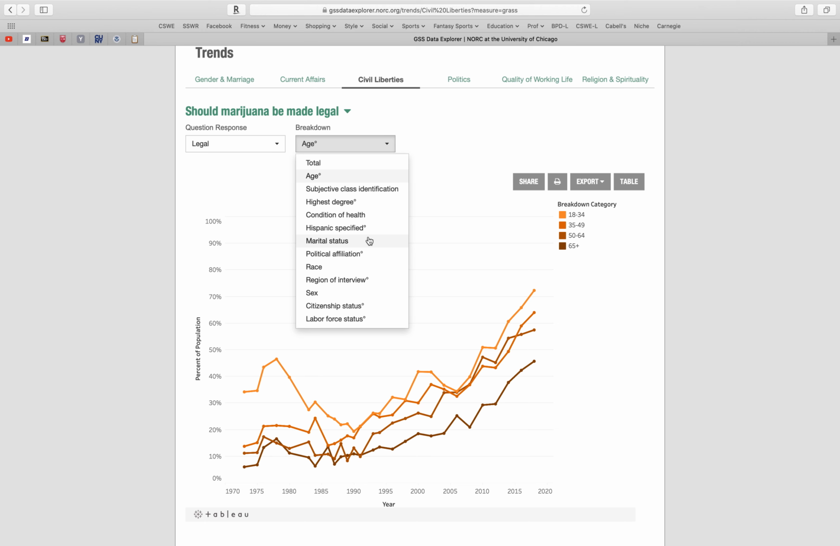Next, my null hypothesis would be independent variable does not correlate with dependent variable. And let's fill in those blanks. The independent variable here is marital status, does not correlate with attitudes toward marijuana legalization, which is my dependent variable. And my directional hypothesis,